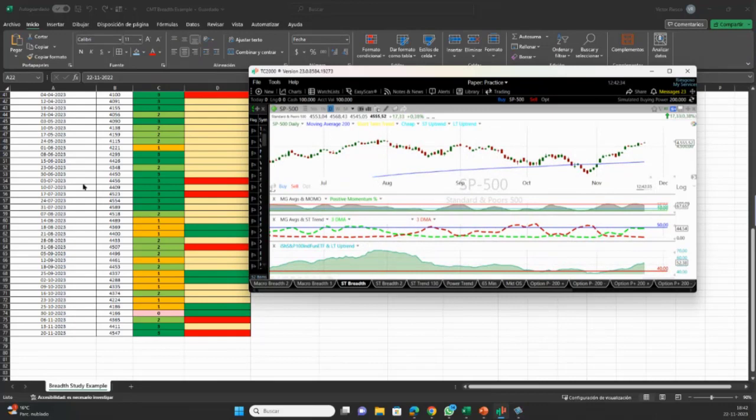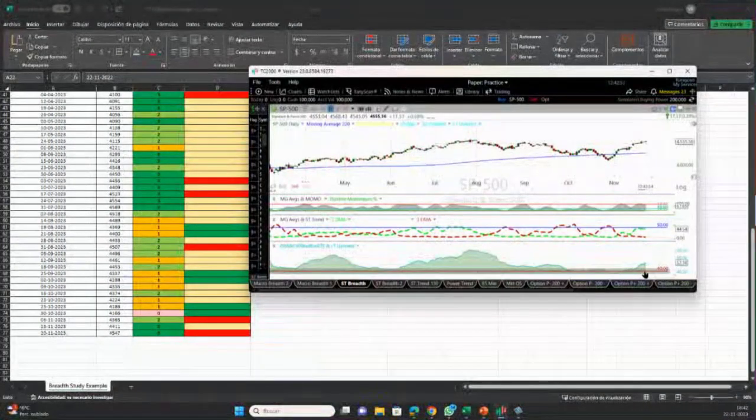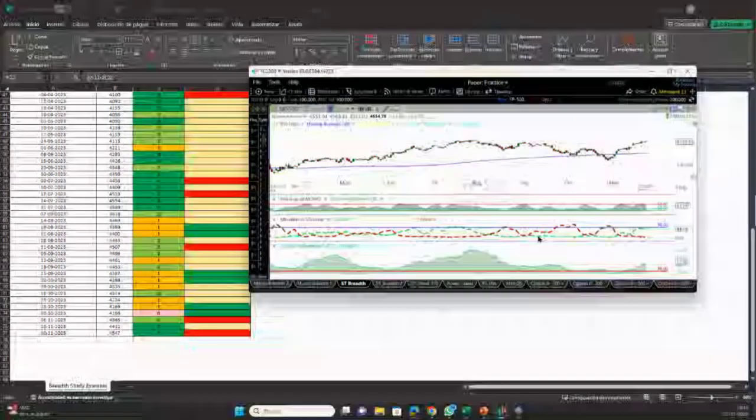So beyond the numerical number that you can get with these breadth studies, it's also important to see the chart, how those individual indicators are behaving. Even though maybe the market is not at the critical bearish level below 40, if you see that breadth is declining and trending down, and the Williams distribution is dominating the accumulation,